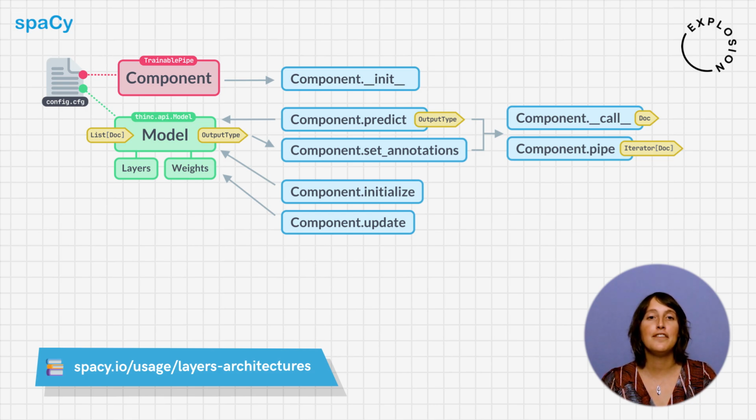For instance, by defining the set of labels or by inferring the input and output dimensions of the neural network from sample data. Note that this initialization step only happens before the component has been trained. Once the model is trained and loaded back in from disk, this function will not be relevant anymore. The configuration file has a corresponding section called initialize that may hold relevant information for this step.